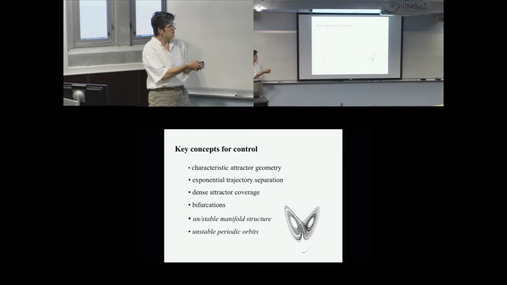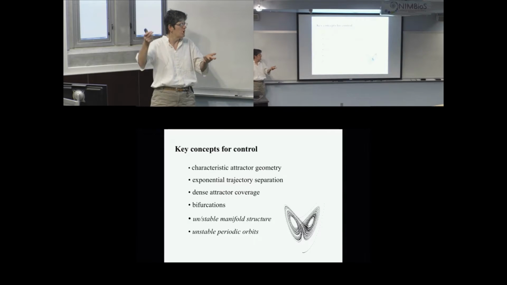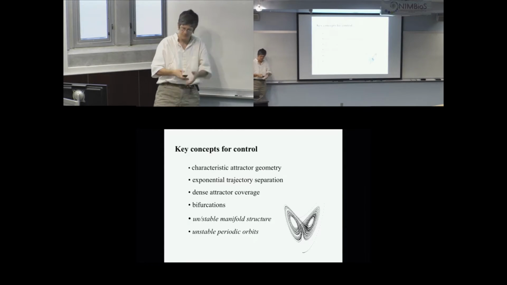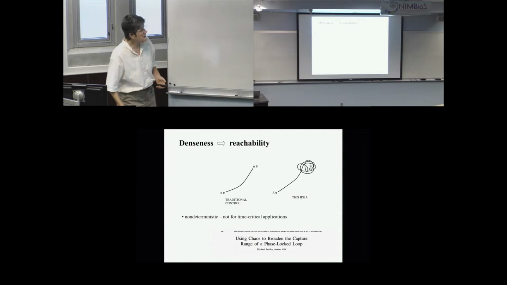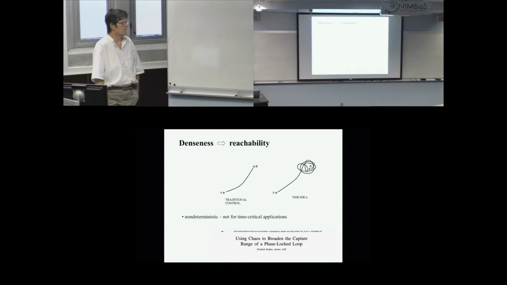And on that structure, which can change if somebody turns the dynamical knobs, on the chaotic attractor, you have this dense coverage. That is, a trajectory from anywhere in the basin of attraction, which is exactly what it sounds like, will relax to the attractor and eventually get to within epsilon of every point on the attractor. That is useful for a number of purposes, including an engineering application called control theory.